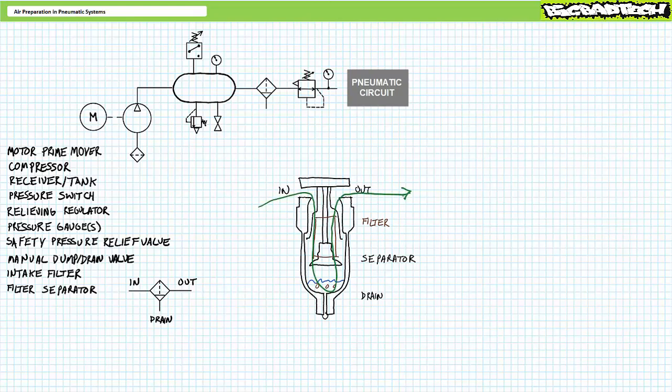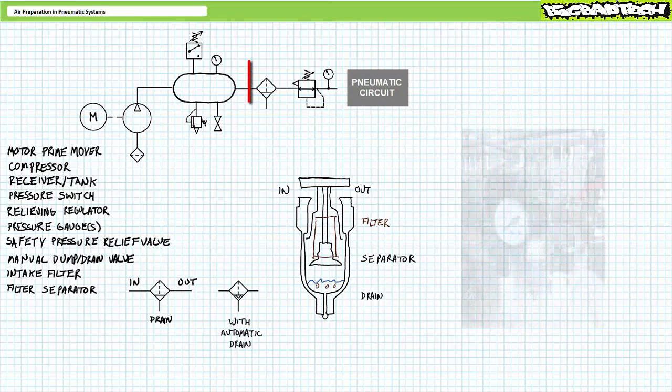As air is drawn in from the receiver and directed through the filter separator, it does a rapid, almost 180-degree bend as it enters, flinging any heavier contaminants and moisture to the bottom of the bowl. A manual drain on the bottom of a filter separator bowl allows any accumulated moisture and debris to be removed during periodic maintenance. If a filter separator has an automatic drain, it will often include another triangle in the schematic